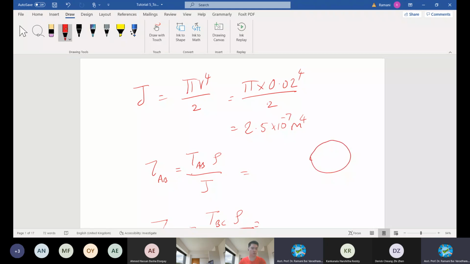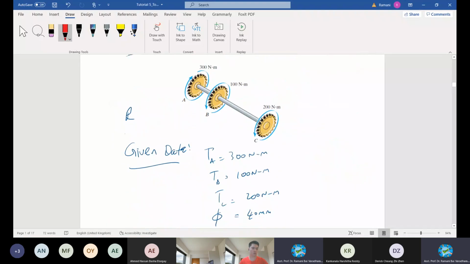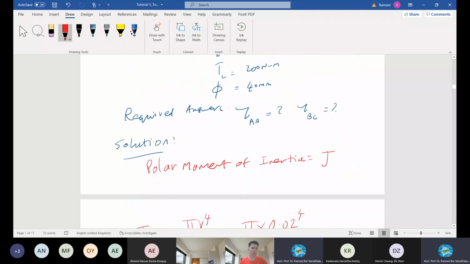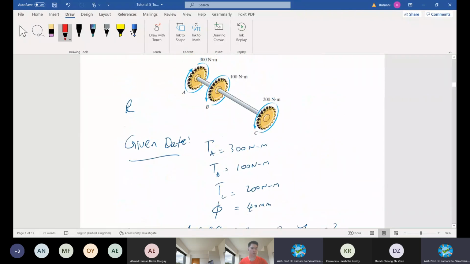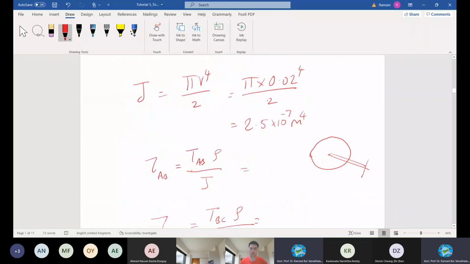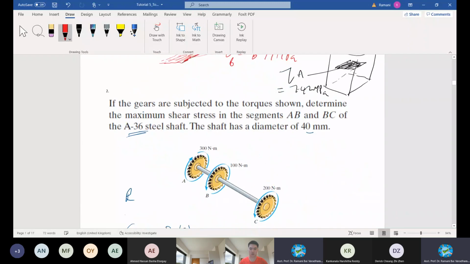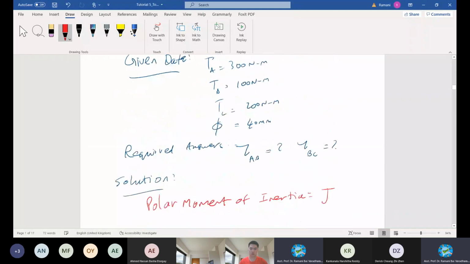Rotation. This is the center, and the rotation shaft is here, right? I cut at this point. My cutting point is at moment 300, isn't it? Until B it is 100, right? Okay, this point is A for me, and this is A, B, and there is a 300 moment acting clockwise